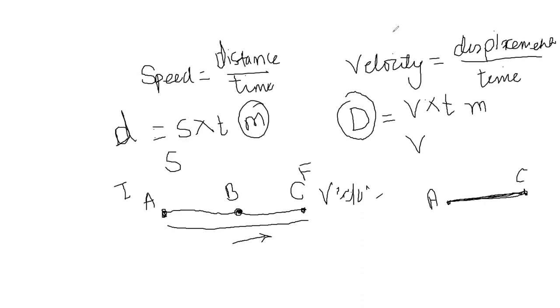Suppose this is 5 meters, then the distance obtained for the body is 5 meters and again back 5 meters. So it will be 10 meters. But what is the displacement? Displacement will be 0 because the body has again reached its initial position. This is the difference between your